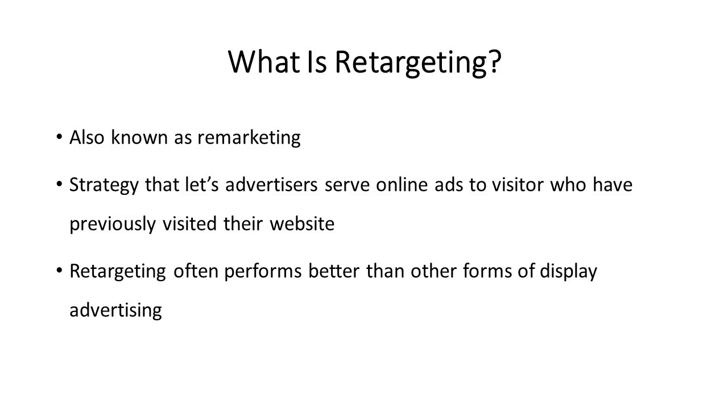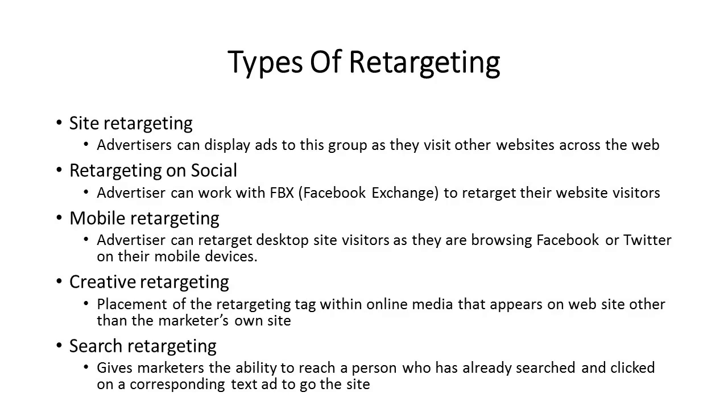With retargeting seeing mass adoption across the industry, agencies are learning the nuances of retargeting and developing a better understanding of best practices. To give you a better understanding of the types of retargeting, here's a summary of a few popular forms. Site retargeting. On average, 98% of website visitors leave the site without completing a desired action. With site retargeting, often shortened to retargeting, advertisers can display ads to this group as they visit other websites across the web. This keeps the brand top of mind and encourages the user to come back and complete the transaction.